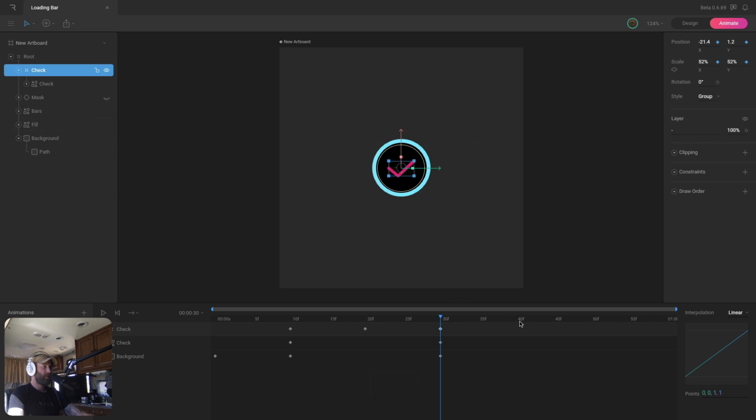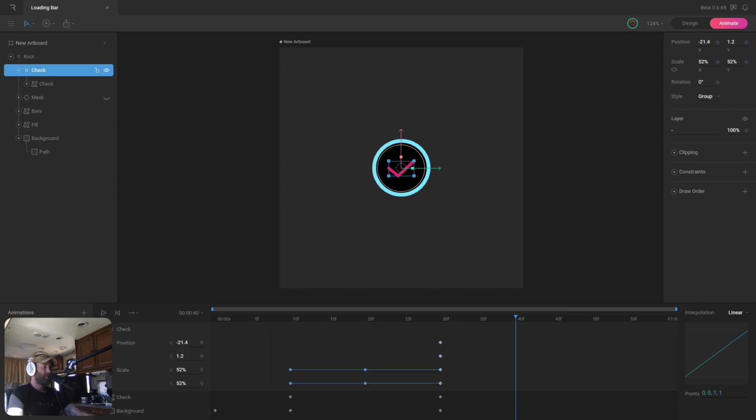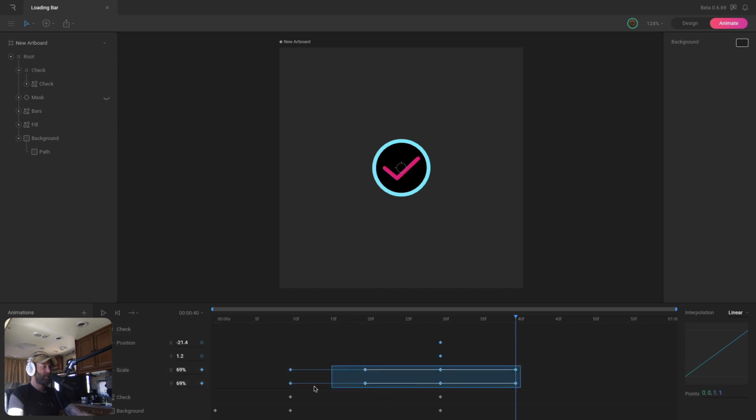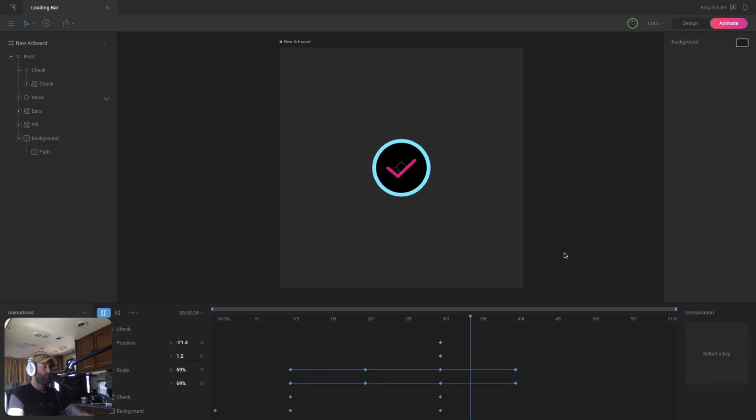And then we'll go another 10F forward here to 40 and return it to its original scale. So I'm just going to copy that first scale key, paste it to the end. Go ahead and give everything cubic easing, and let's take a look at that. Okay, that looks pretty good.